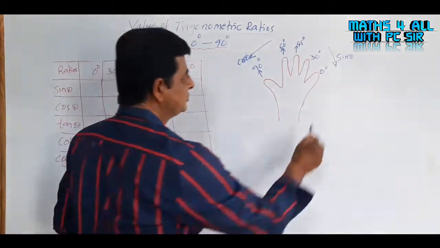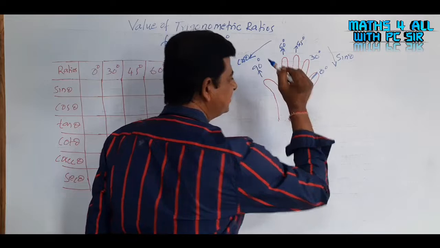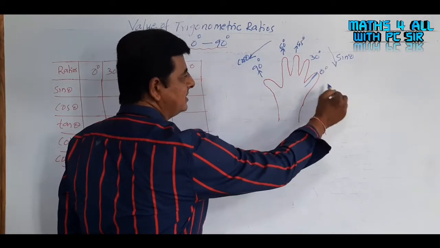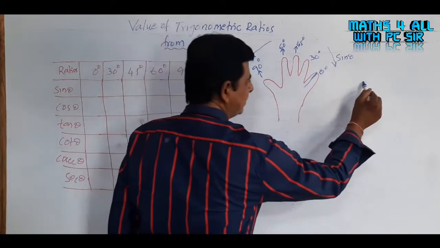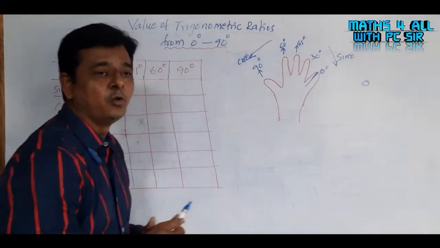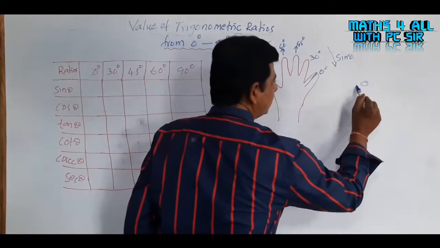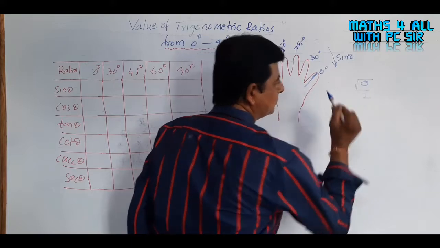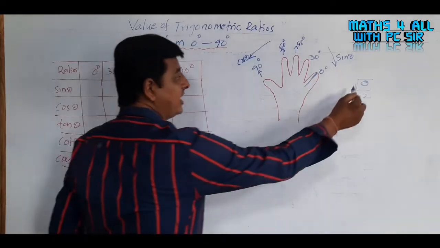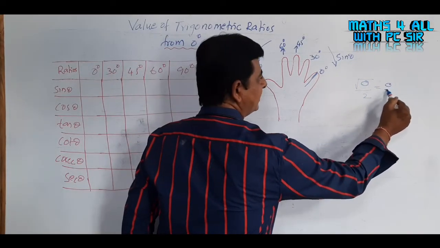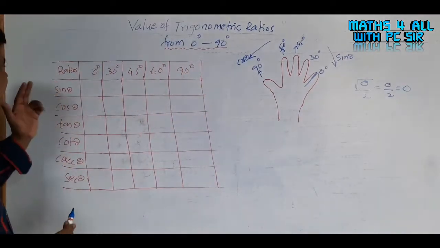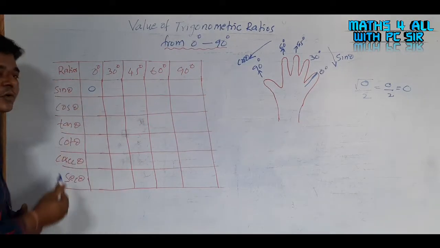What is the value of sin 0? It is sin 0. After this one, are there any fingers on this side? There is no finger. So just you keep 0. No fingers are left after this one. Keep 0, and this is the square root of 0 divided by 2. So what is the square root of 0? 0. 0 by 2, 0 by everything is what? 0. So that is the first one. Sin 0 degrees is equal to 0.